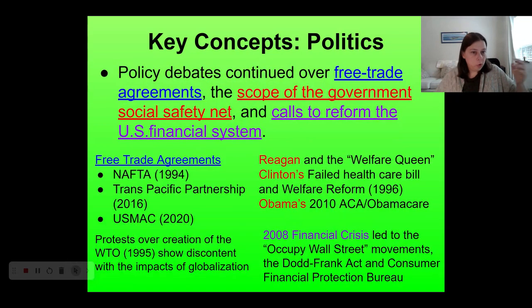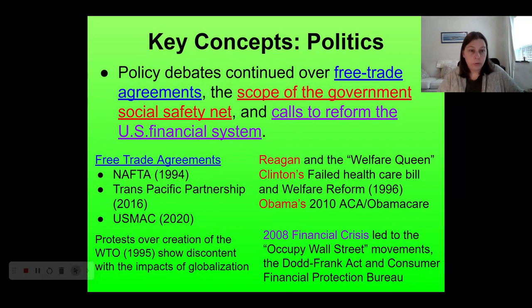Other areas of political policy debate, again, in a more general way, I tried to color code this. I apologize if it makes it confusing. But some policy debates from Reagan onward that you need to know a little bit about. A big one that springs up is what are called free trade agreements. I've seen this in some released multiple choice questions, so this is a good thing to know a little bit about. A free trade agreement is a treaty signed between multiple countries where they agree to remove trade barriers so that goods that are made or produced in one country can be sold in another country without having to pay tariffs or go through certain customs requirements. So you're promoting free trade. Free trade agreements are promoting more globalization, more easy access to goods.